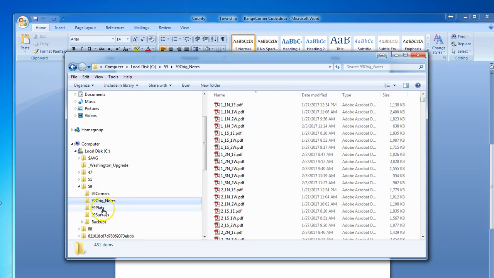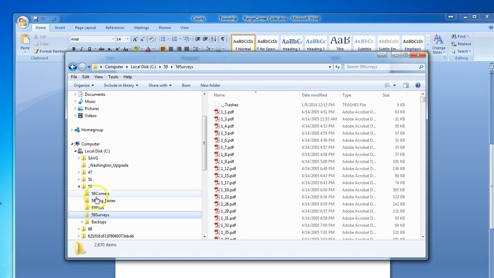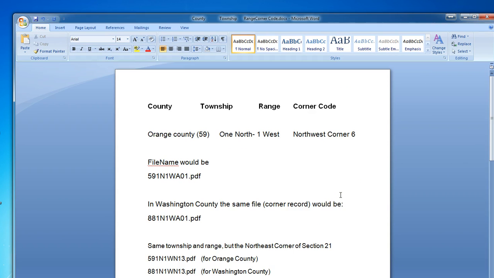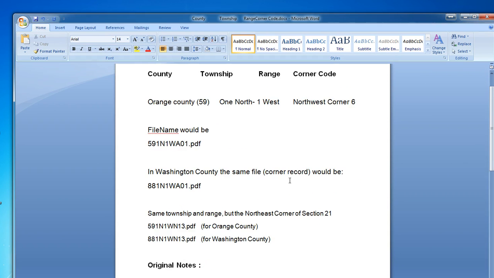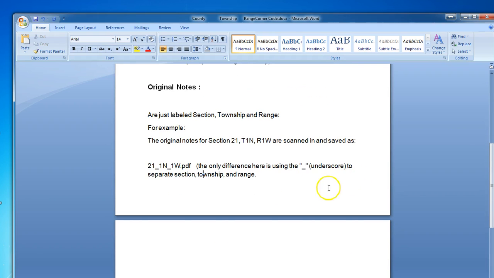Now, in a subsequent video, I'm going to get into plats and surveys and talk a little bit about maintaining those. But I do want to keep these short and not run on about it. But I wanted to give you a quick example, if you maintain the database, how you would do that. And like I said, I'll bring up a quick file here. I want to show you the